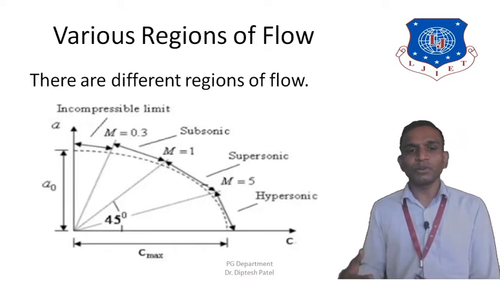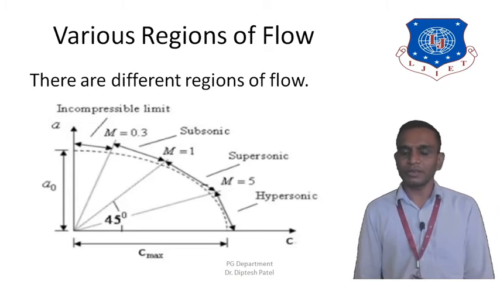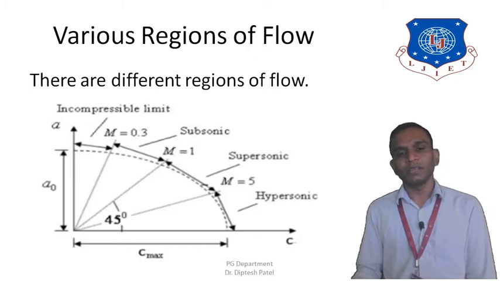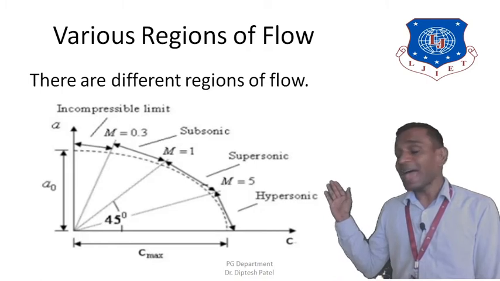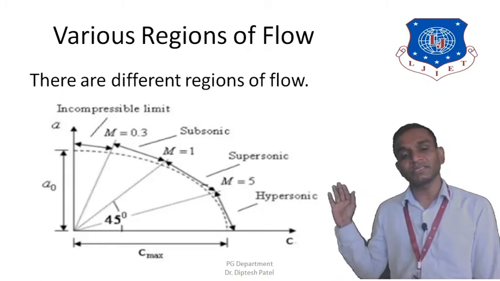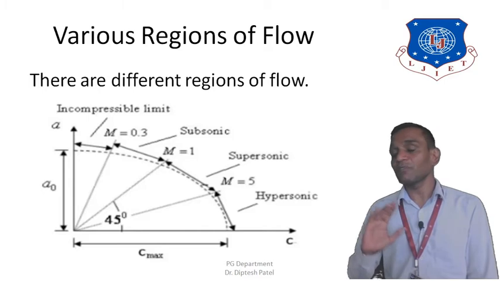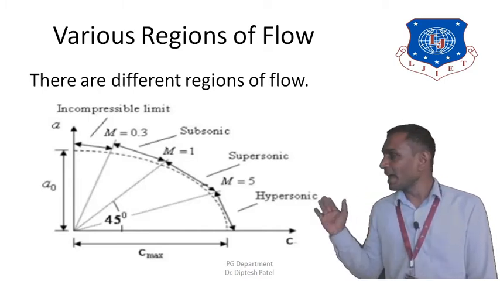One more flow region that needs to be discussed, which is actually not shown in this diagram, is the transonic fluid flow region. In transonic fluid flow regions, the Mach number lies in between 0.88 and 1.2. So basically the transonic flow region lies in subsonic as well as in supersonic flow regions. So the transonic flow region is the sixth region of flow. So overall we have gone through the 6 different regions of flow in this diagram.